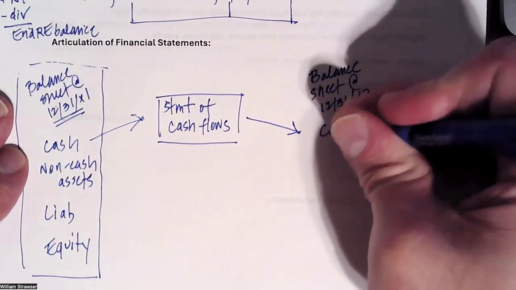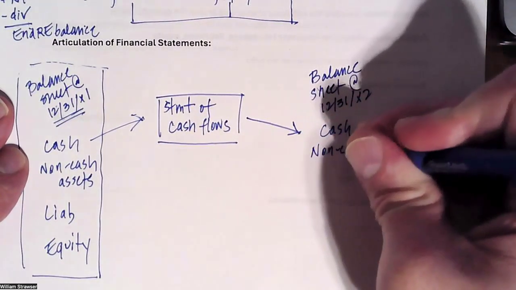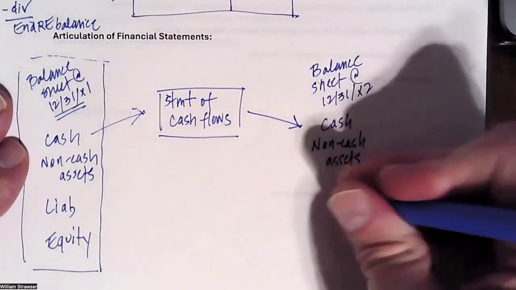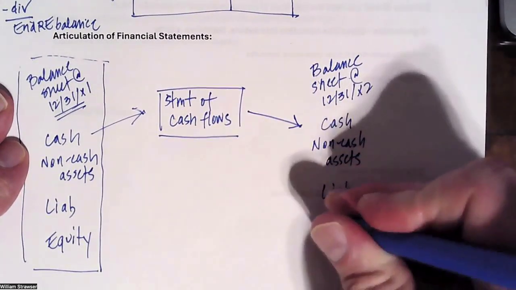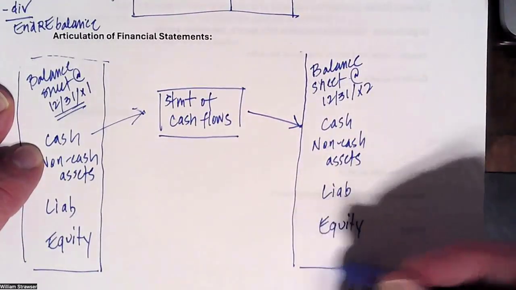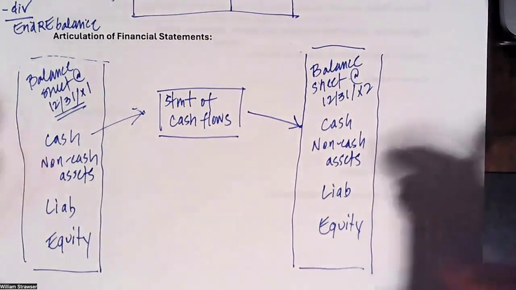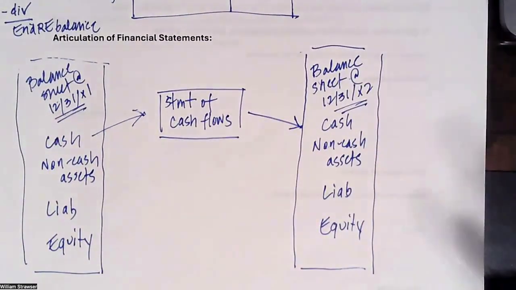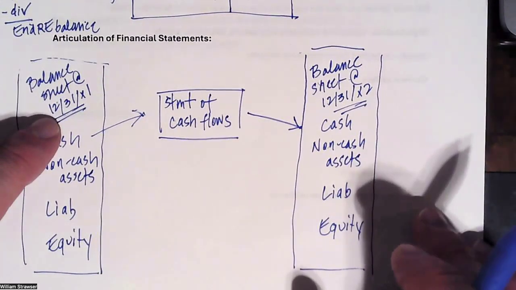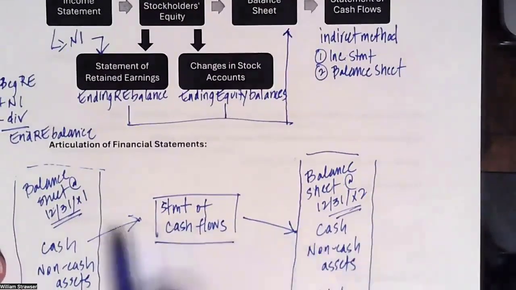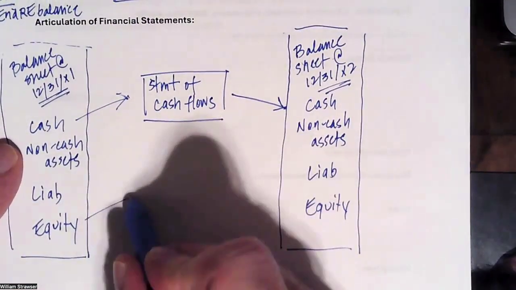So of course we'll have the same things, cash, non-cash assets. So all our other current assets, PP&E, intangibles, etc., all our liabilities, and all our equity. This is the balance sheet at the end of an accounting period. And here, in this example, right, I've defined the accounting period as a year, right? It's the year 20x2, where we started at the end of the prior year and end at the end of the current year. So the statement of cash flows determines or tells the story of what happened to cash over time. The statement of owner's equity tells the story